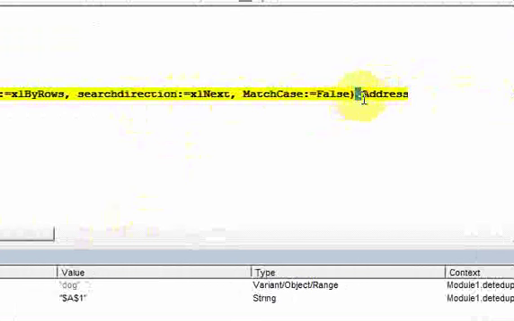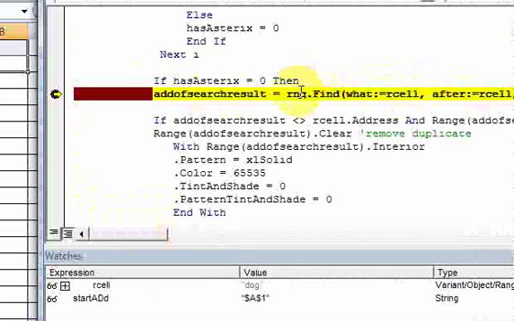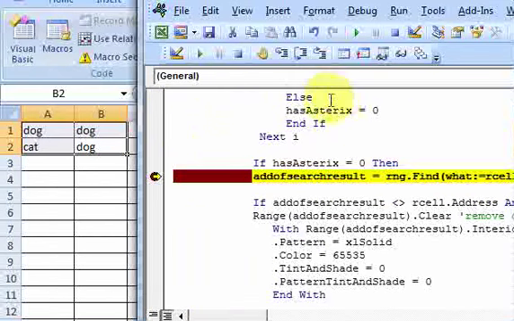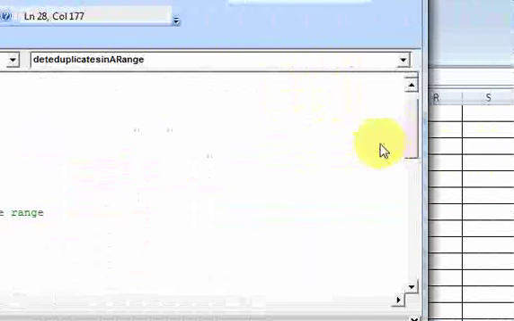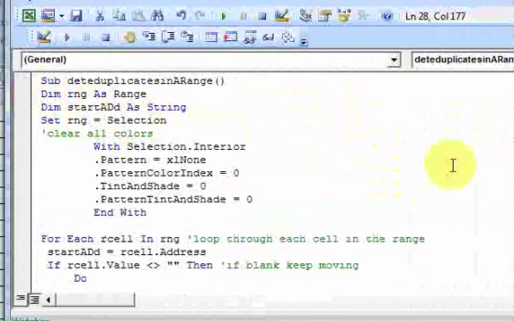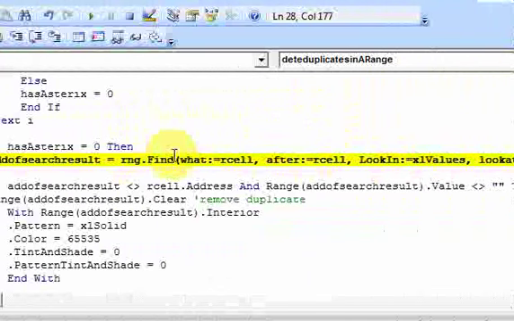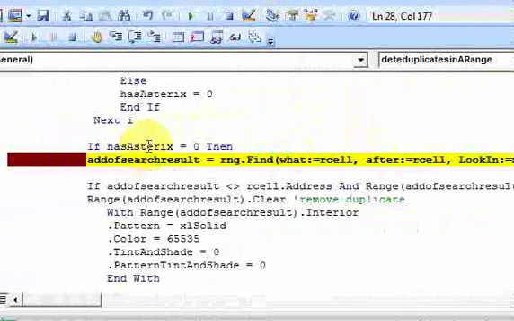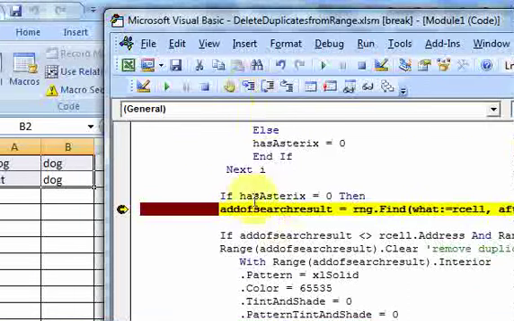But then, onto that find function, I put a dot address. So notice, this is RNG, which is our range, which we declared up, which we passed in, because our range is right here. This is whatever the user selected, the selection. We apply the find function to that, so it'll search within that selection, and then it has all those parameters. I'm not going to go into detail in the parameters. It's not very important. If you want to learn more about the parameters of this find function, you could Google that. Okay, so now I'm going to search,